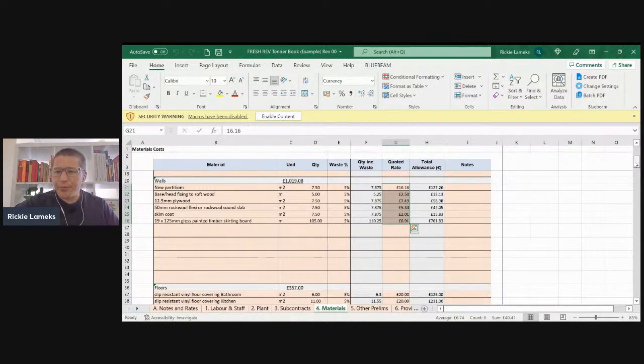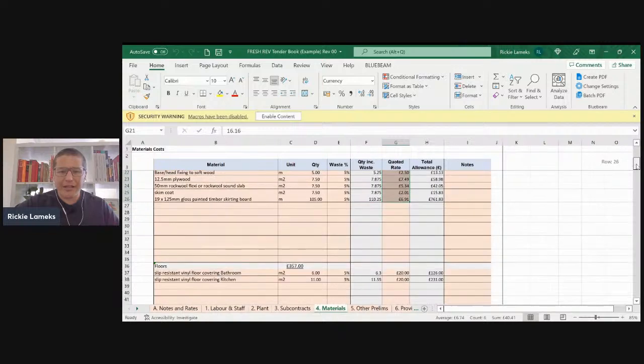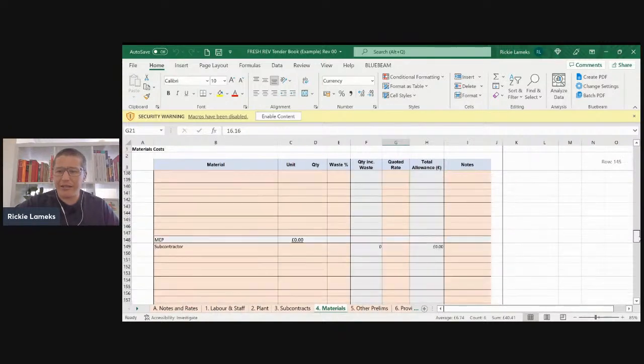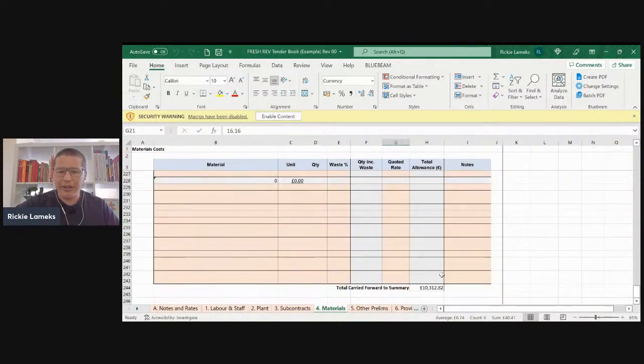So basically, I've done this for my estimate and the project, and what I'm coming to is that I have an estimated material cost of £10,312 for this project based on actual quotes for materials. So that's my expected spend for materials on this project.